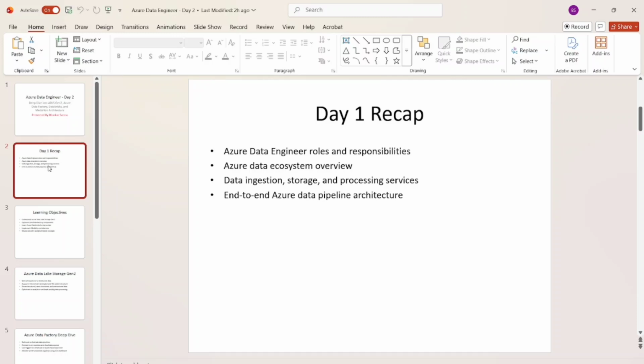So guys, day 1 recap. Azure Data Engineer role and responsibility, Azure data ecosystem overview, data ingestion, storage and processing services, end-to-end Azure data pipeline architecture. Let's quickly revisit the concepts we learned in day 1. We discussed the role of an Azure Data Engineer and how they are responsible for designing, building, and maintaining data pipelines. We explored the Azure data ecosystem and learned how data moves through different stages, like